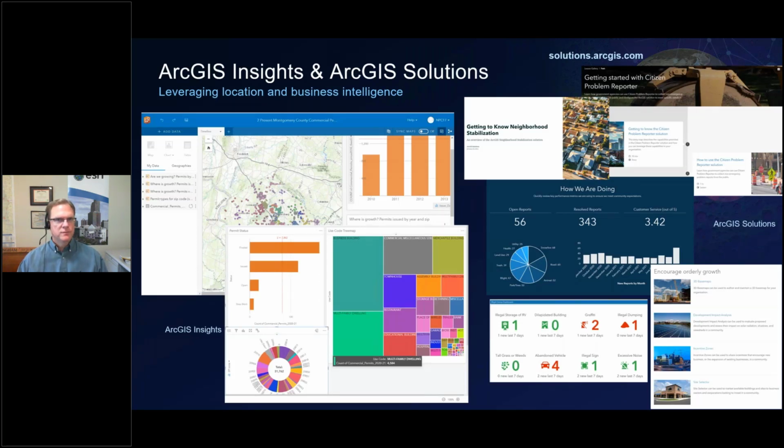Many of you are probably already familiar with ArcGIS Solutions. They've been around for a while. They were an immensely powerful resource for you. ArcGIS Solutions really provide focused applications to deal with so many of the standard workflows that planners and economic developers have to deal with on a daily basis. So if you haven't, I put the website up there, solutions.arcgis.com. Please bookmark that. You can deploy these apps directly through ArcGIS Online.